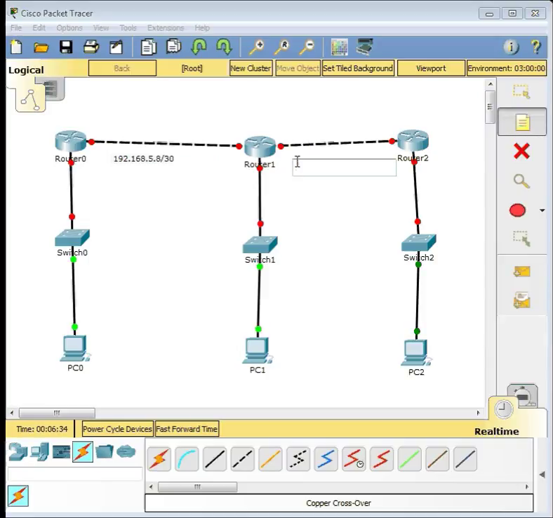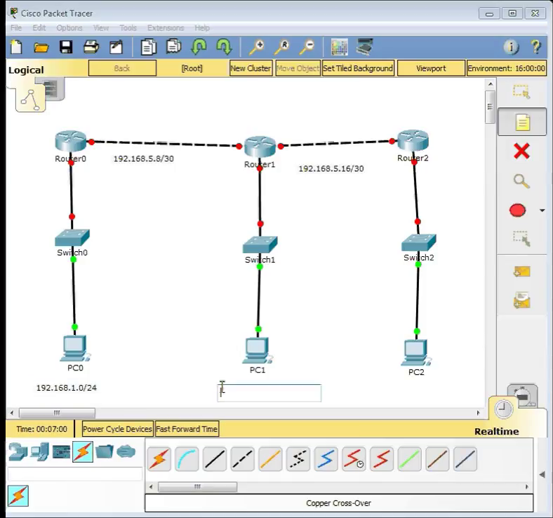For this one, let us give 192.168.5.16/30. For this network, let us give the network ID 192.168.1.0/24.